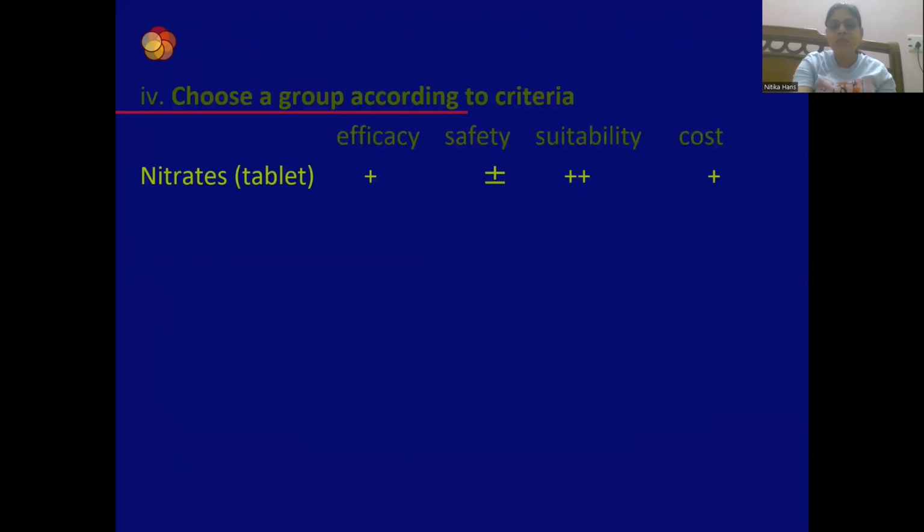These are more efficacious, more safer. Only tolerance can be there, or flushing or hypotension can develop. Suitable because these are given in the tablet form, so they are suitable. Cost is also fine. Beta blockers, these are efficacious, these are safer also, but they can cause heart block or